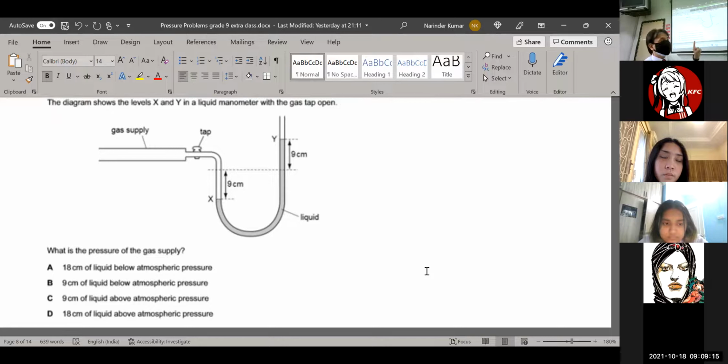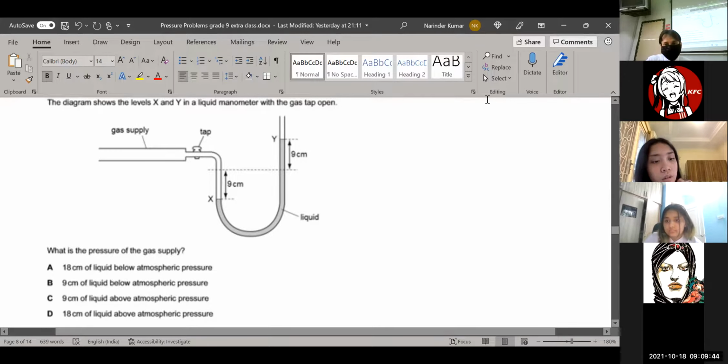This is the same situation, children, that we got the answer 770, and in the second case, 750. So for 770, the pressure of the gas should be higher than the atmospheric pressure. This is case number 3 that we discussed, part A, when gas pressure is higher than the atmospheric pressure. So 18 centimeter. Is this clear, children? All of you sitting here in the Zoom? Yes, sir.